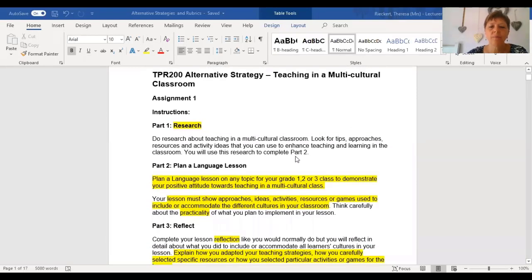Right, so I basically tried to cover some of the outcomes that I have in my study letter for teaching practice. And so the first assignment is about teaching in a multicultural classroom, because that's one of the outcomes in our teaching practice study letter. So you will see that this assignment 1 or task 1 of the alternative strategies is